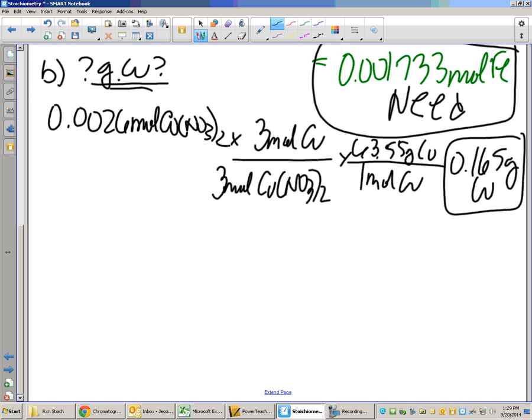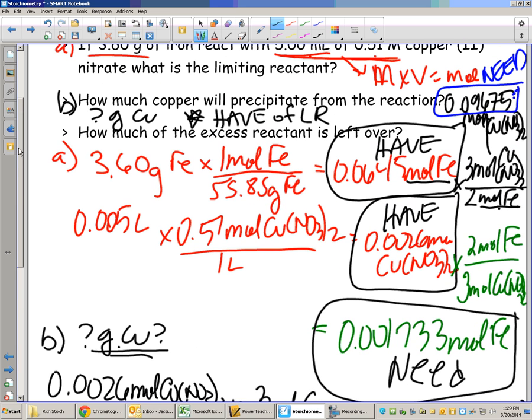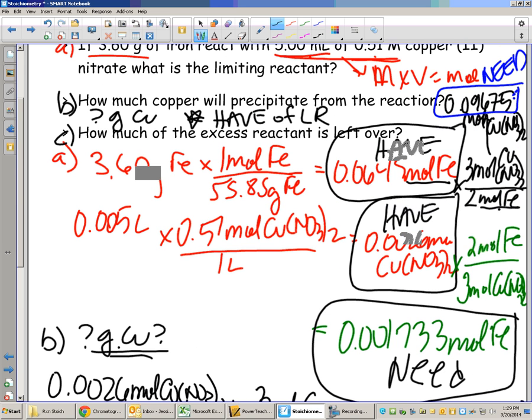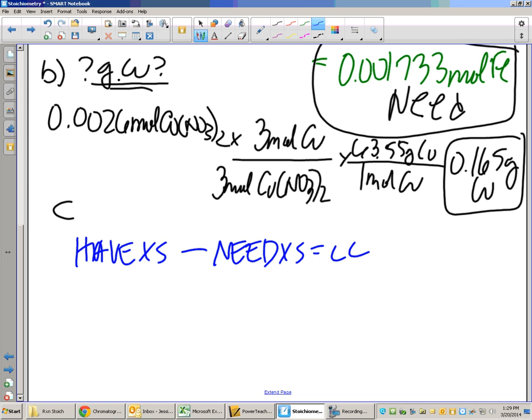All right, the last one is probably the last one I'll do, and I'll let you guys start yours. I really like you to do 1 or 2 examples of these things, and then you can roll with it. C said, how much of the excess reactant is left over? So you just subtract, and that's it. But what you need to do is find who's your excess in this problem? Iron. The way you do it is you take what you have, that's going to be your excess, minus your needed amount of the excess reactant to figure out how much you have left over